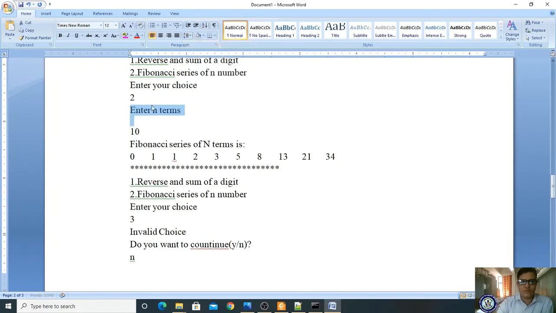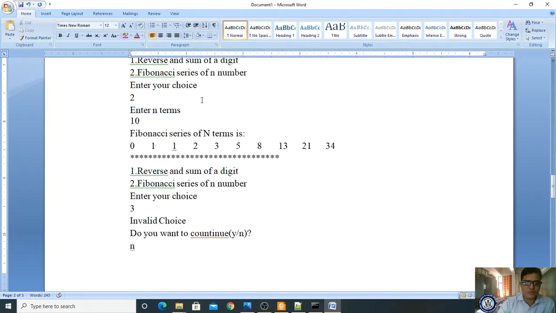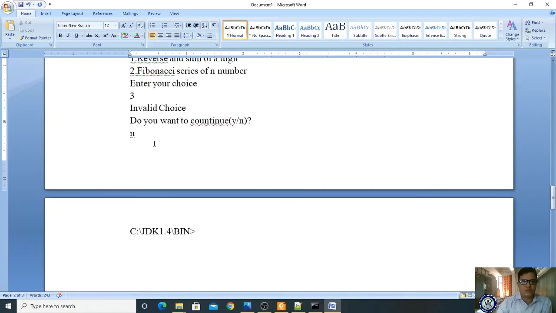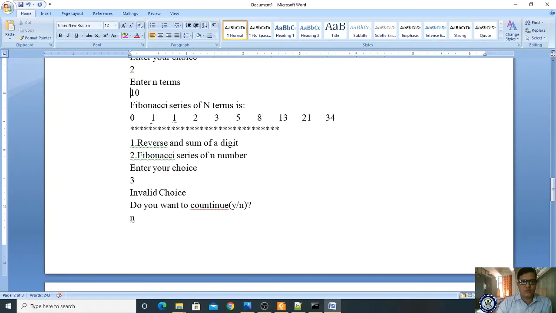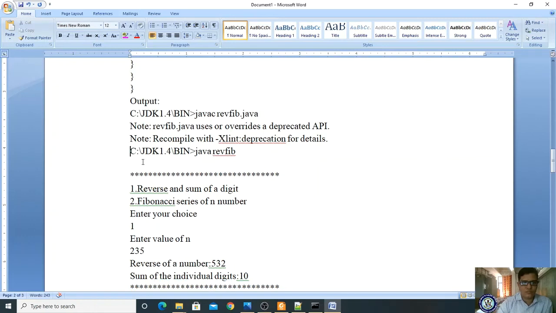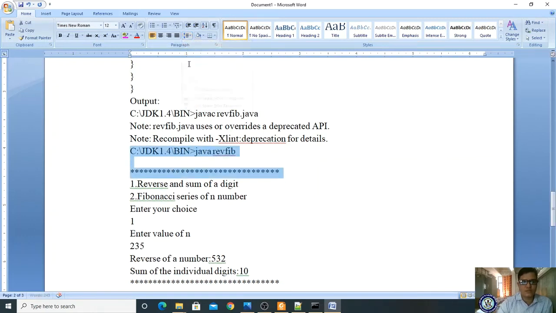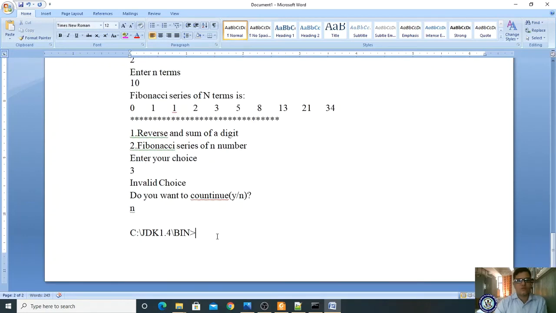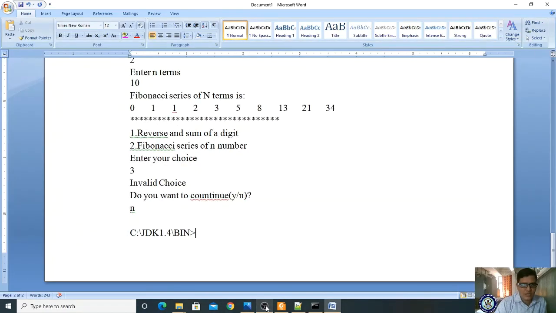So the rest we will adjust. Got it? So you can adjust it like this. Okay, so this is the preparation of documentation, and I have explained your first program. Hope you understand this concept, and this lab program also we will see in the next class.